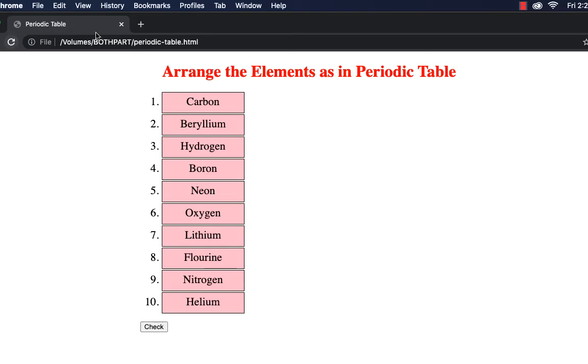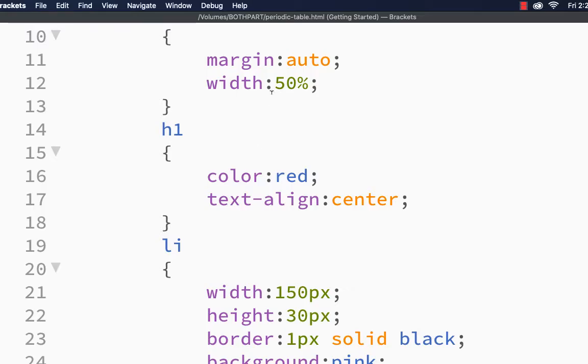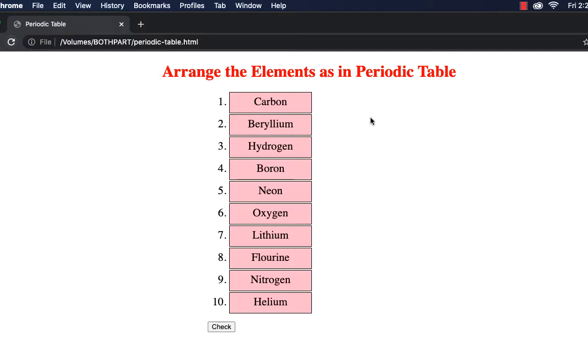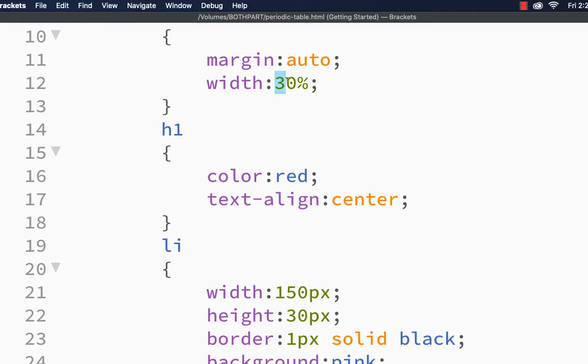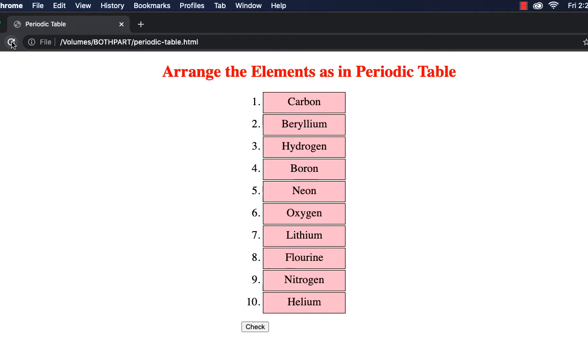Let me refresh. Okay, now it is getting displayed, but this is at the start. So what can we do for that? For the box, let me reduce the width. As of now, it is 50%. Let me change it to, say, 30% and check the output. Refresh. See, now it is getting displayed here. Let me reduce it to 20% so that it will be centered, I think. Let me refresh. See, now it is at the center. So the box now has a width of 20% so that it is getting displayed at the center.